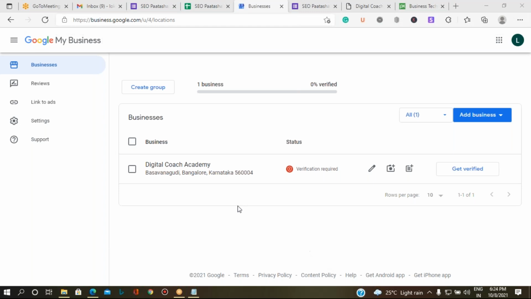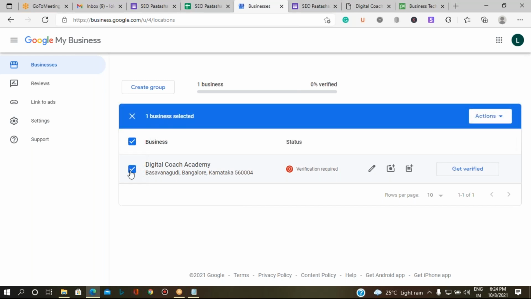Okay, in the same place, if you want to make any changes related to your business status, whether it is running, closed, temporarily closed, permanently closed, deactivate your page, anything like that, then you can select the business and there is an option called actions.